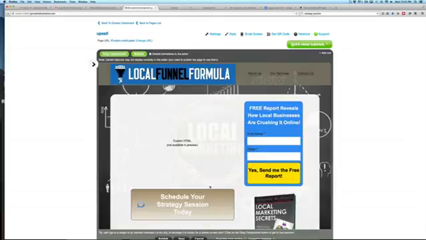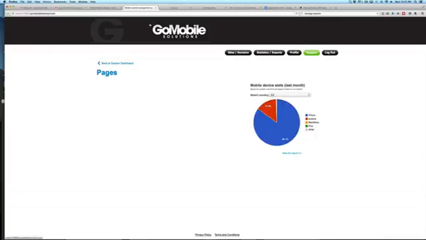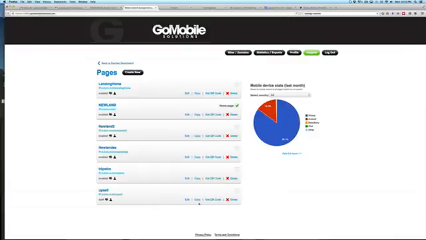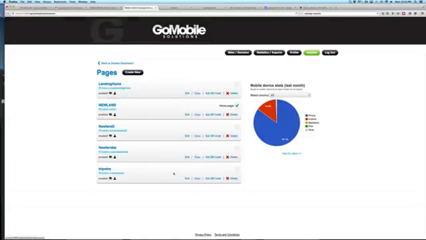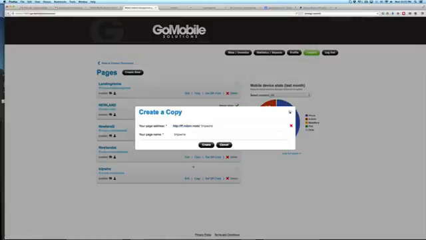Now, here's the other thing you can do to make it even simpler. I'm going to just go back out of here. I didn't save this. Let's go back to the pages list. I'm going to delete this. Yes. This is how you can do this really quickly because you know that it's going to look exactly the same as the tripwire. So you can go boom and copy, and now we're going to call this upsell,